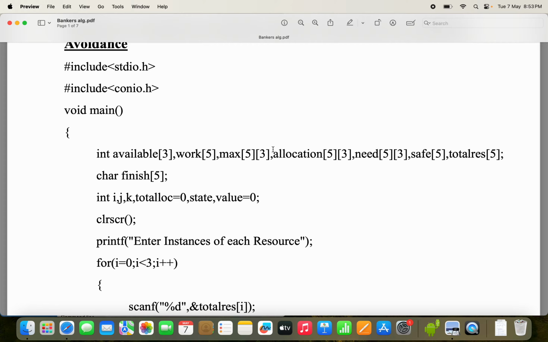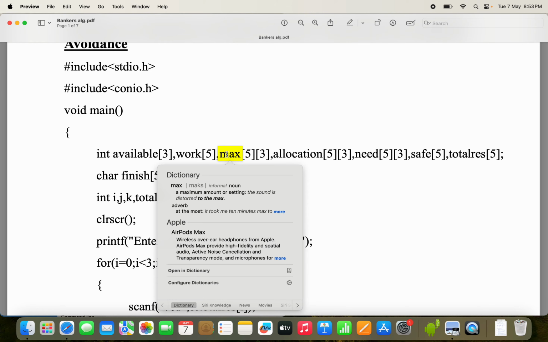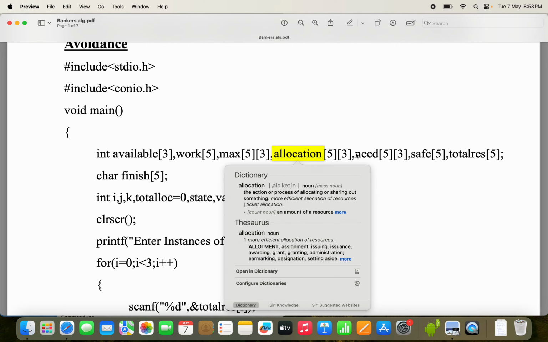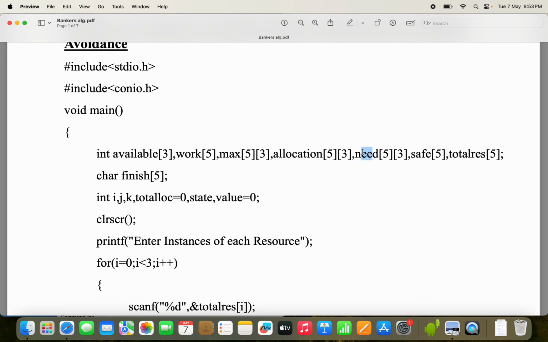First let us see the variables here. First let us see the matrices. Matrix means a two-dimensional array. Here we have three two-dimensional arrays. The first one is max, the second one is allocation, and the third one is need. So the first one is max. Max means the maximum number of resources of each process. This 5 specifies that we have 5 processes, and the second subscript 3 specifies that we have 3 resource